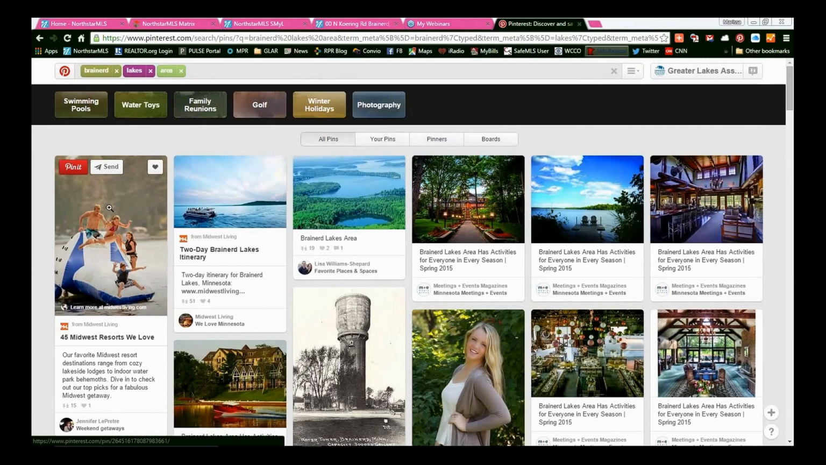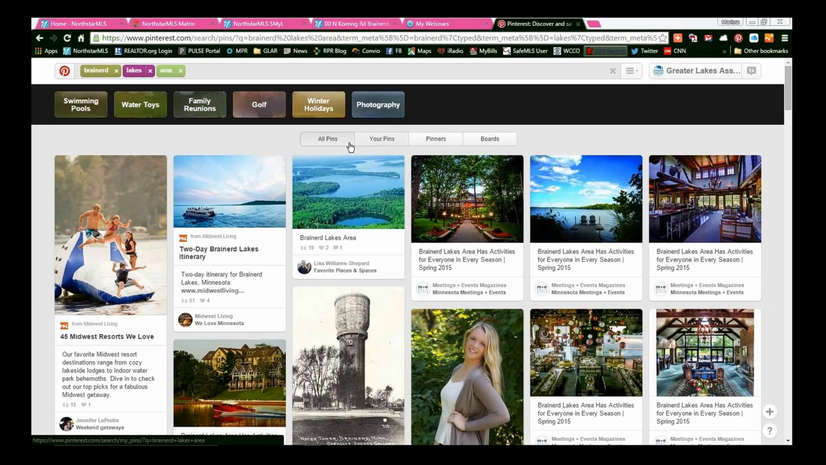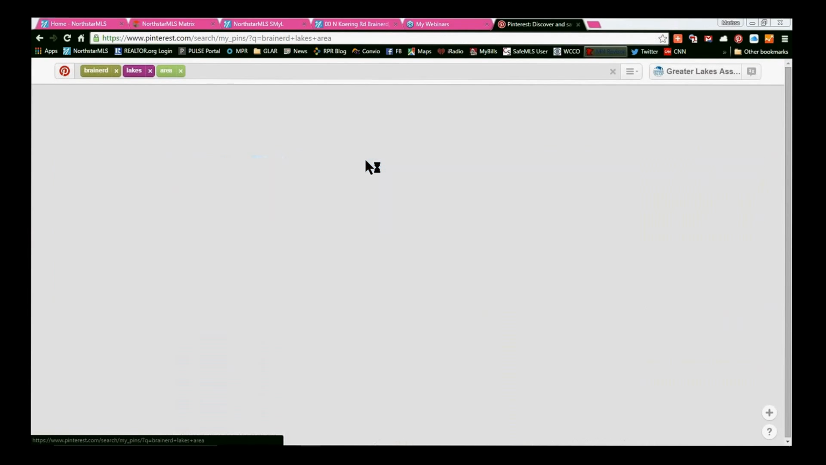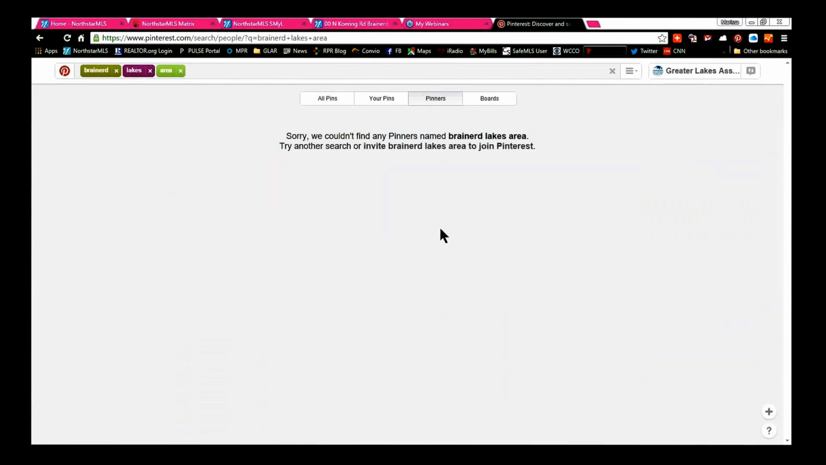Okay, so these are the different keyword searches. You'll notice sometimes when you do a keyword search that it's going to bring up different subtitles in here that you can look at. And there's different things that you can look for too. So we have all pins that we're looking at here. Your pins, so if you want to search within what you've pinned in the past for these keywords, you can do that. Pinners, those are people that are pinning stuff to